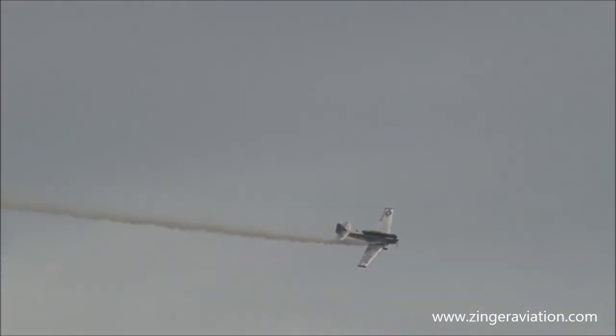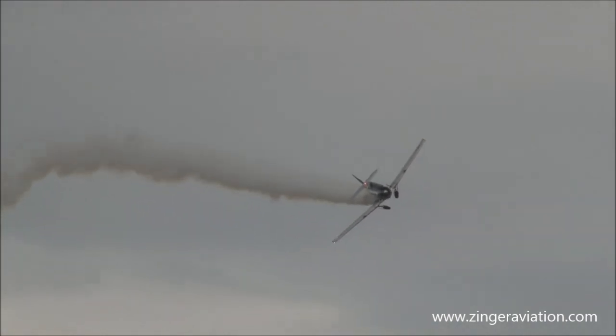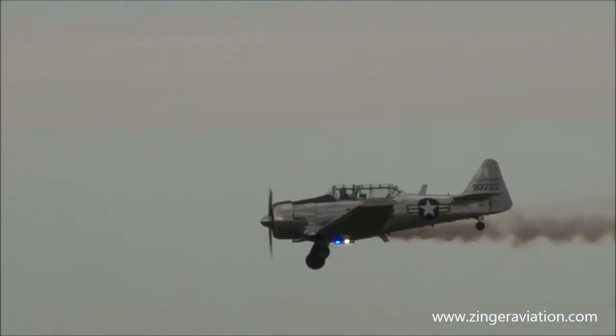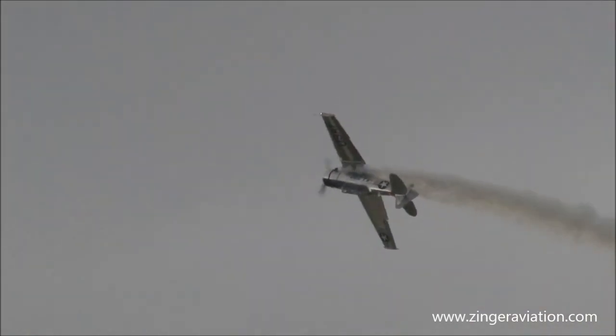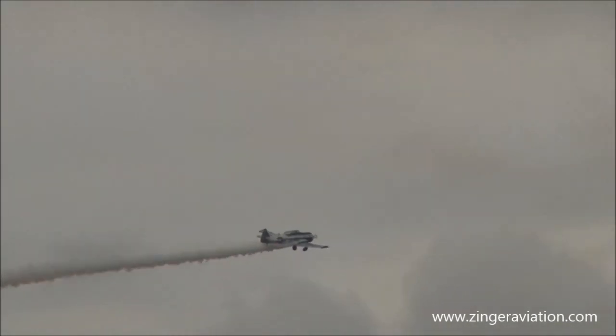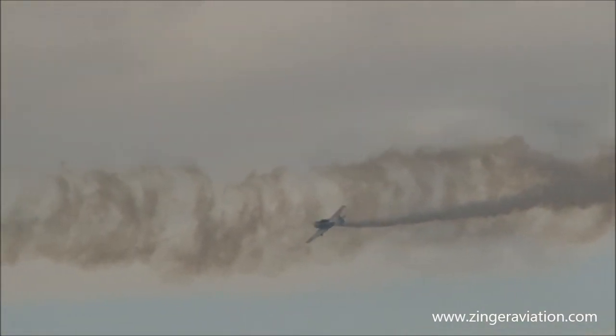Nothing like the airplane you're going to see next when Jason Newberg comes out in the creation he calls the Viper. Purpose-built for aerobatics, 1,100 pounds versus 3 tons, and close to the same horsepower. Well, the Pratt & Whitney engine here has plenty of horsepower. Jason has 400 horsepower in the airplane that you're about to see in a few minutes. I thought about bringing one of my